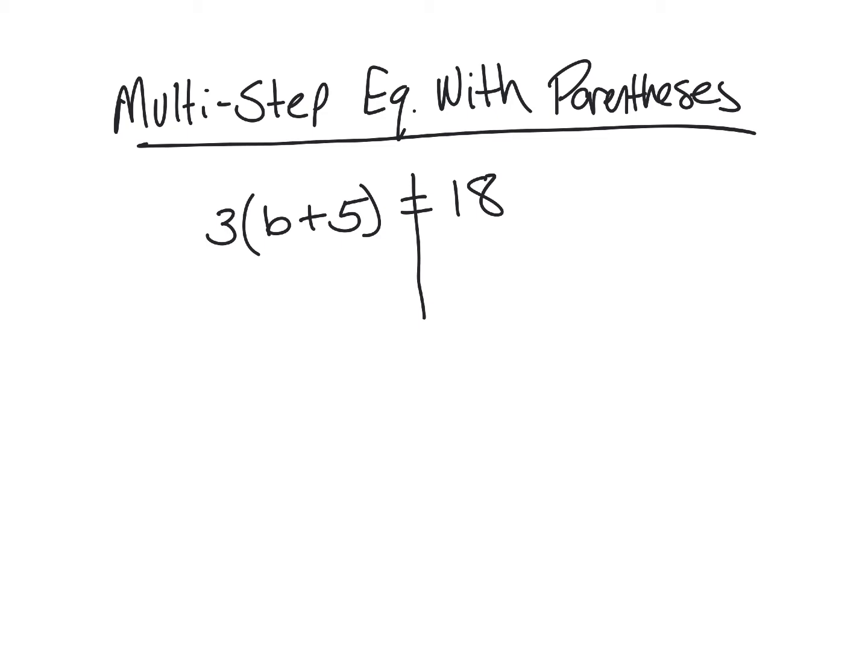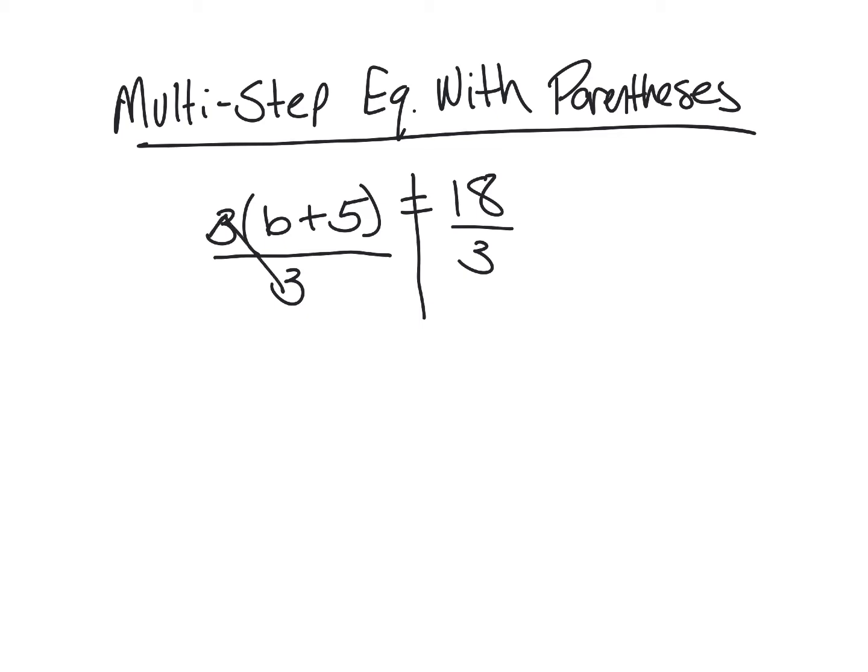Normally we would do what's inside of the parentheses and then multiply that. We could do the distributive property as well, but in this case, it actually works to divide both sides by 3. So this 3 times the (b plus 5) in parentheses, I can divide this whole side by 3 and divide the other side of my equation by 3. I can do this because the b plus 5 is in parentheses, and both of those terms are going to be multiplied by 3. So instead of distributing the 3 and then dividing them all by 3, I can just divide out that 3,